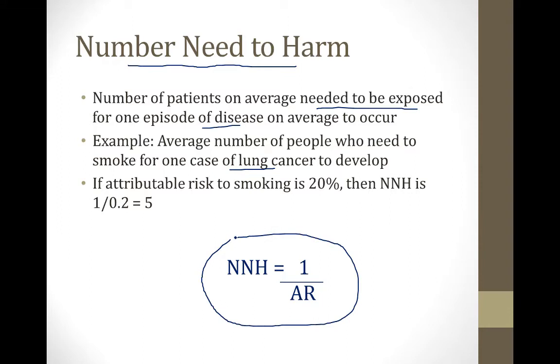The number needed to harm is equal to 1 divided by the attributable risk. So if the AR for smoking was 20%, as in our previous example, then the number needed to harm is 1 over 20%, which is 5. And this is just an easier way to talk about risk. You can say that for every 5 people that smoke, one case of lung cancer develops. That's easier to get your mind around than an